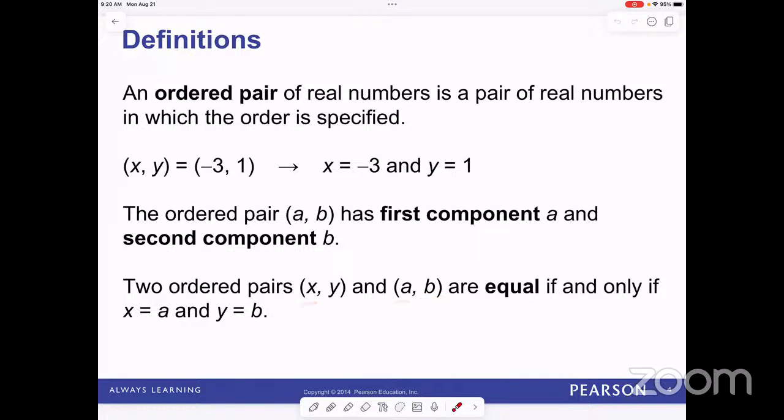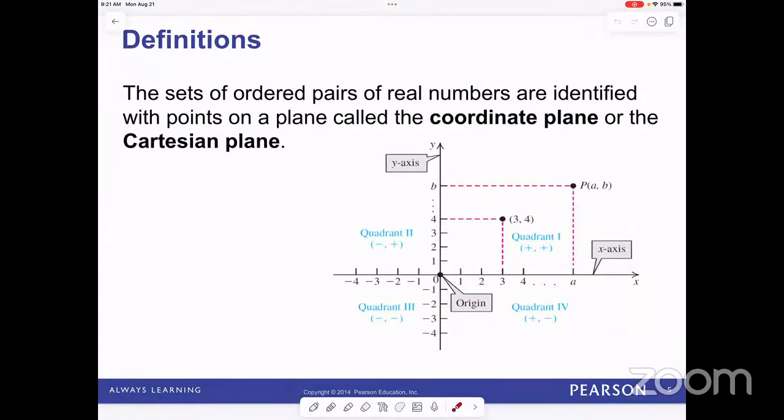Again, if anything isn't clear, feel free to get my attention. The sets of ordered pairs of real numbers are identified with points on a plane called the coordinate plane or the Cartesian plane, right? When we have our graphs, positive x is in this direction, positive y is in this direction. When we're plotting points, we start at the origin, and the ordered pair is basically directions on the map. If we start at the origin, positive x goes to the right, negative x goes to the left, positive y goes